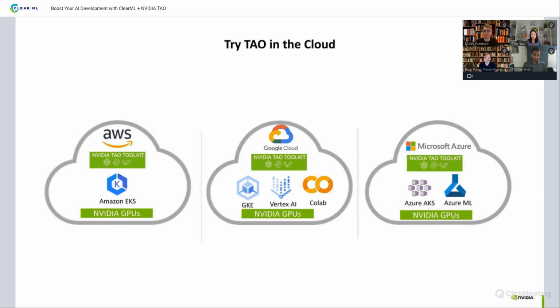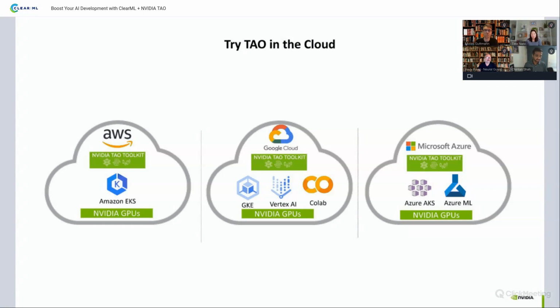The other thing is we're pretty cloud agnostic. As I mentioned, you can run it on a workstation with a GPU, or you can run it with any cloud providers. And we're plugged in with various cloud services as well, from AWS, Google Cloud, and Azure. So you can use it at the compute level. One option is you can deploy the infrastructure and use one of the TAO containers directly there, or you can spin off other additional services.